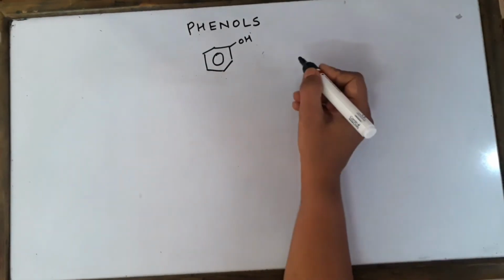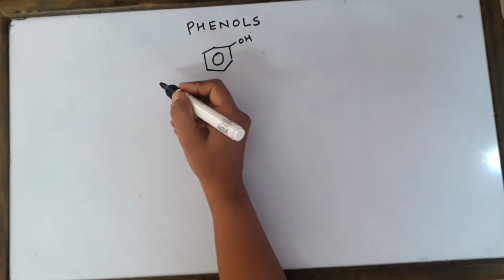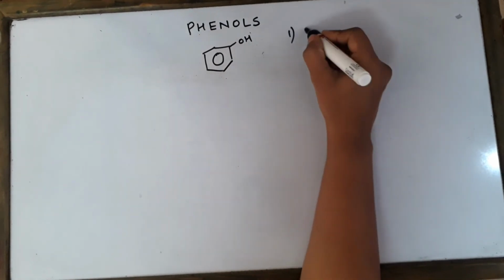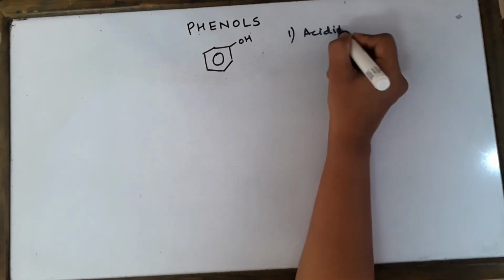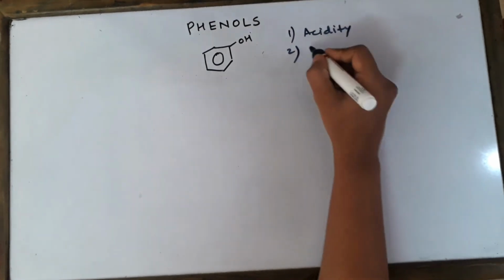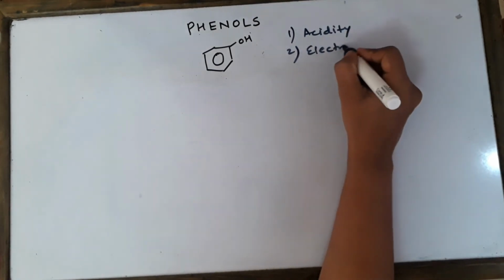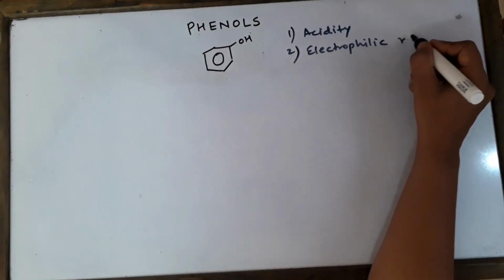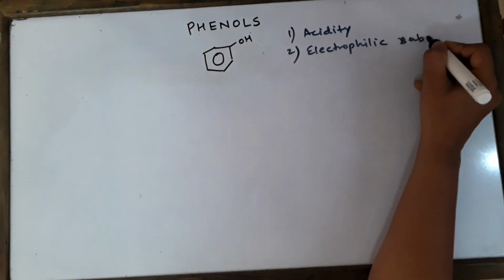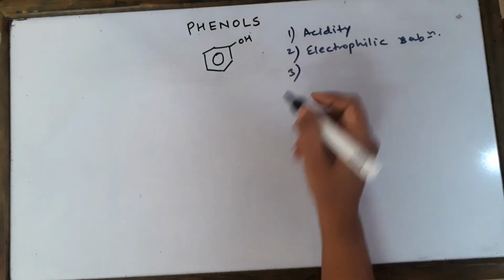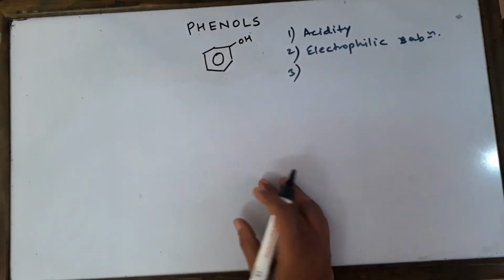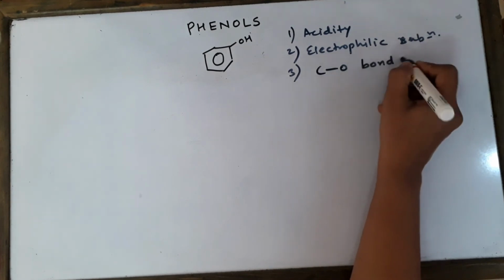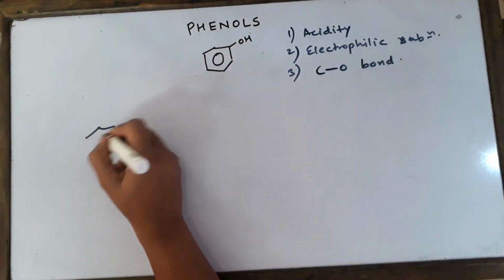So we have finished the two types of reactions of phenol till now, the reactions involving cleavage of the OH bond, where we talked about acidity. The second reaction was the electrophilic substitution, where we discussed in today's video a lot of reactions with give reason questions also. So these were electrophilic substitution, and now today I'm going to also finish up with the last reaction, that is cleavage of the carbon oxygen bond, because it's a very short reaction, so I'll just finish it right away.